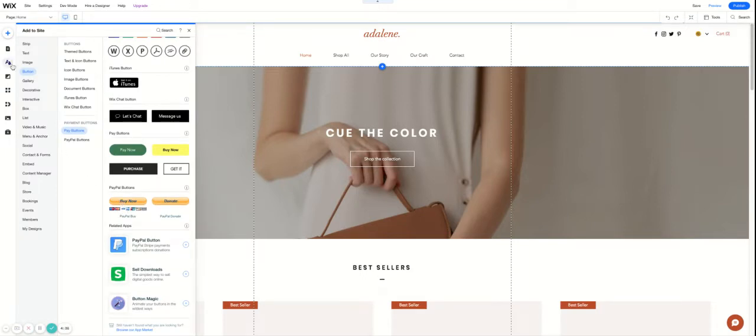So you would actually go to this menu bar, this plus sign on the menu bar, click on button, and underneath this, you will see payment buttons and click on PayPal buttons, and it'll populate a list of PayPal buttons. This one is the easiest to use. The other PayPal buttons would require you to do a little bit more programming